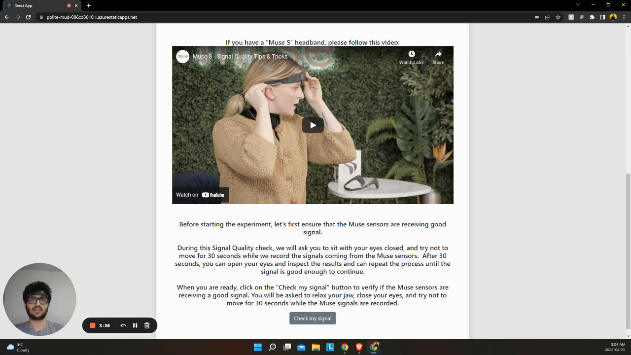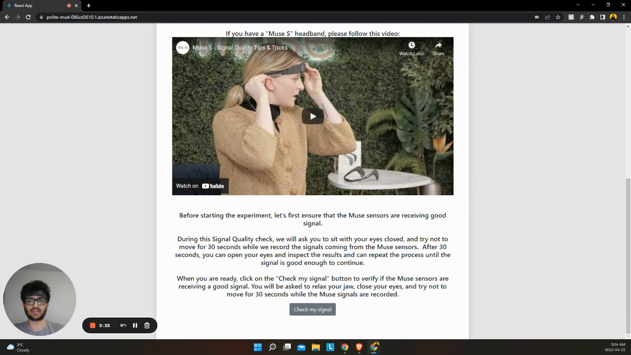Once this is done, the next step is the signal quality check to make sure that the sensors are receiving good quality data. For this process, you will be asked to sit quietly with your eyes closed for 30 seconds. Even though the Muse senses your brain activity, don't worry, it cannot read your thoughts. It merely records your brain's response to specific stimuli shown to you on the screen during the experiment. After clicking on this screen,